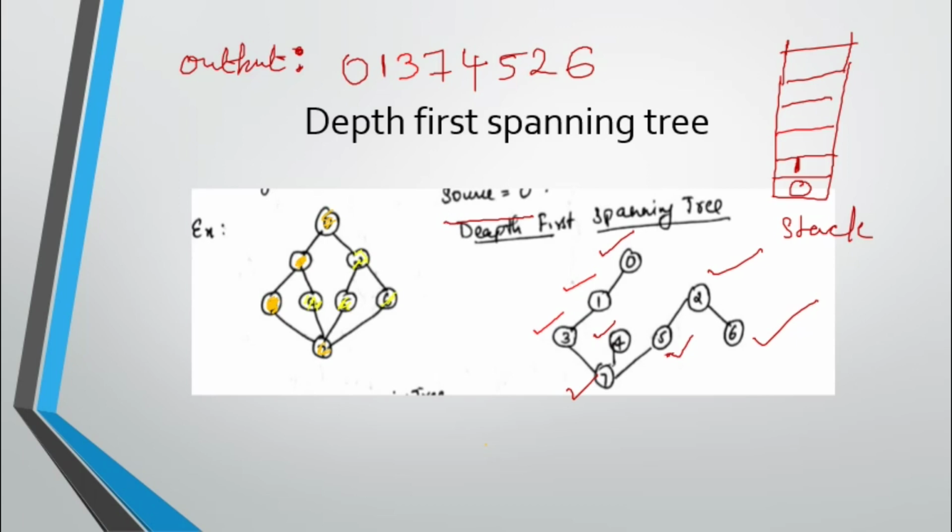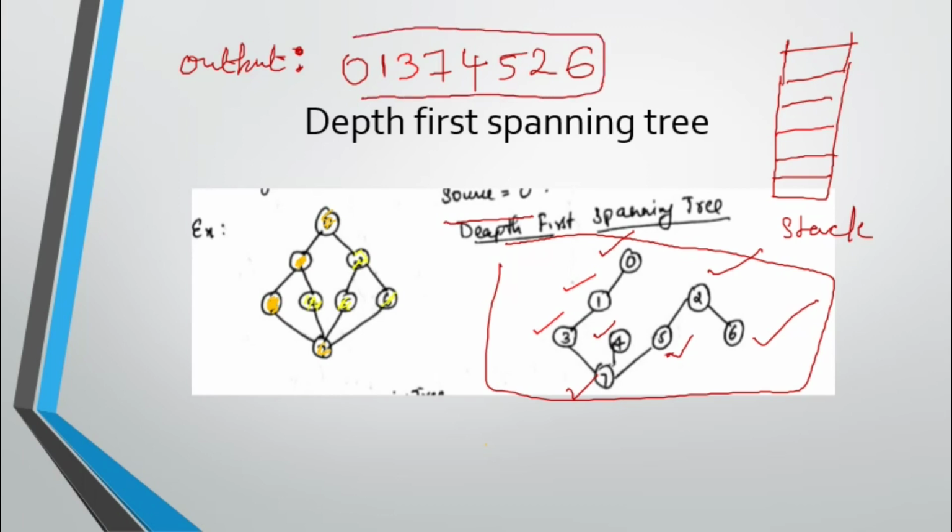Then once again it will go to 1, nothing is there, back. So 0, from the starting. From there also you cannot do anything, stop. So now students, you can observe that the tree has been built as it is shown. Okay, the tree is built, and how many elements are there, 7 elements, correct? No, eight elements, all the 8 elements are there in your output sequence, which tells that your answer is correct.